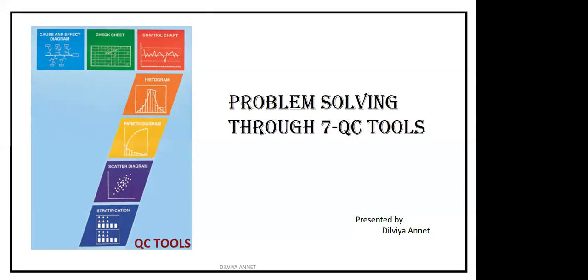In this webinar, I'm dealing with the topic problem solving through 7 quality tools. So, giving a definition, 7 quality tools is a designation given to a fixed set of graphical techniques identified as being most helpful in troubleshooting related to quality. Let me simplify it. In simple words, 7 quality tools are used to troubleshoot or graphically identify issues related to quality.